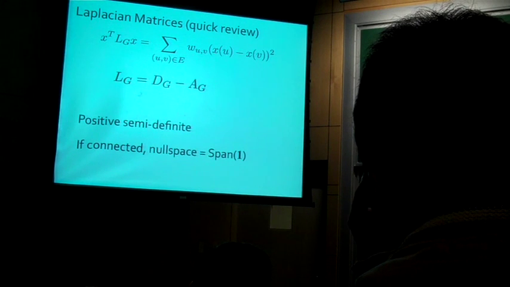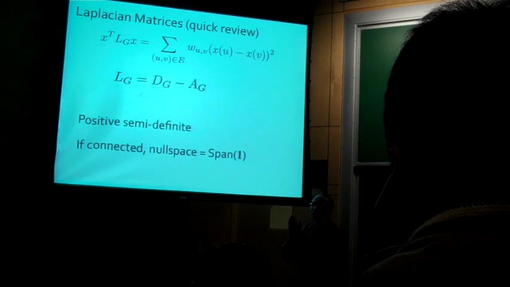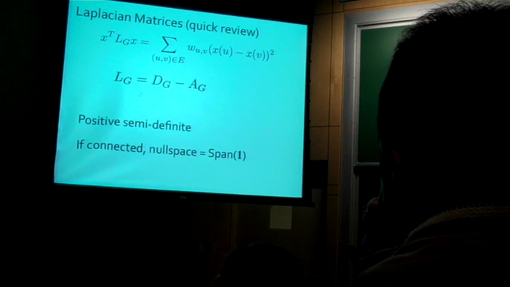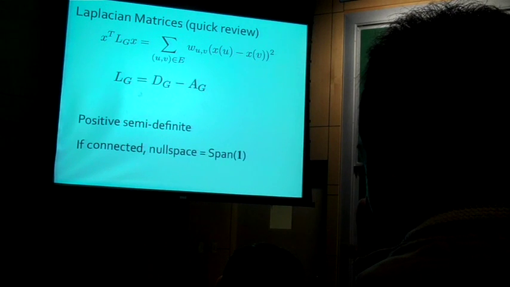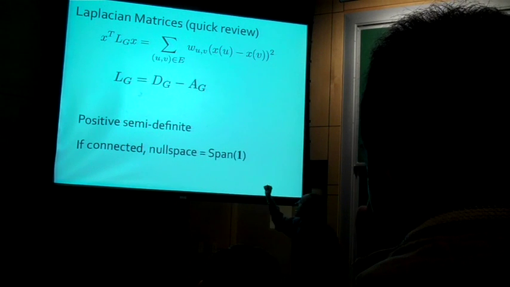You have a 0 elsewhere. Well, here we do it with a weighted adjacency matrix. So the off diagonals corresponding to edges, you have the weight of the edge there. It might not be so important for this, but you can write the Laplacian as the degree matrix minus the adjacency matrix. And then you can quickly see that this is a positive semi-definite matrix.